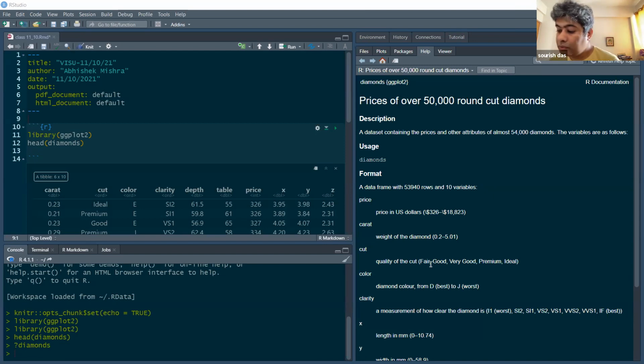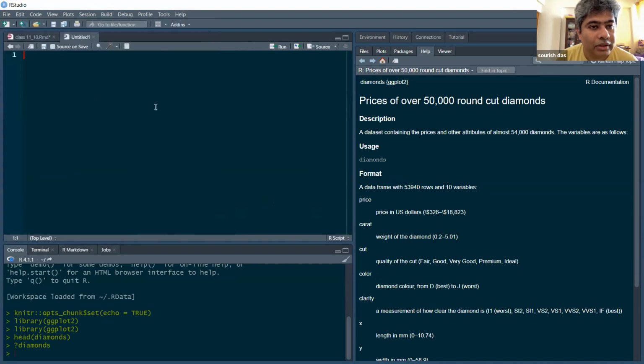What we will do today, I think it will be prudent because my experience is that compiling a markdown file takes a little bit of time. Abhishek, you start another script file, just a simple R script.